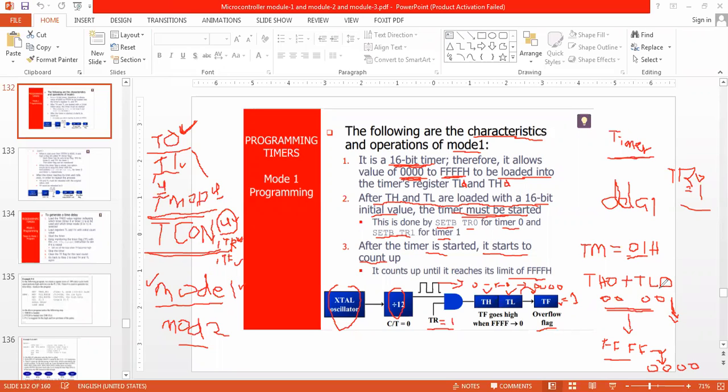So when TR0 is equal to 1, the timer has been started, it will reach the FFFF maximum limit plus 1, and again it will go to 0000. Then automatically TF0 will become 1. Until then it was 0, now it will become 1 automatically.